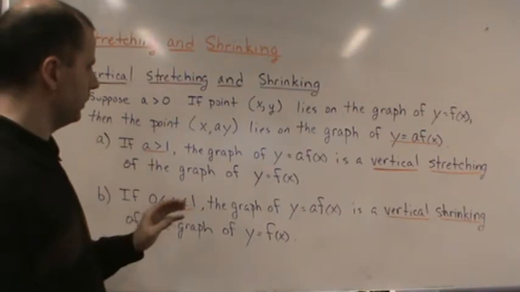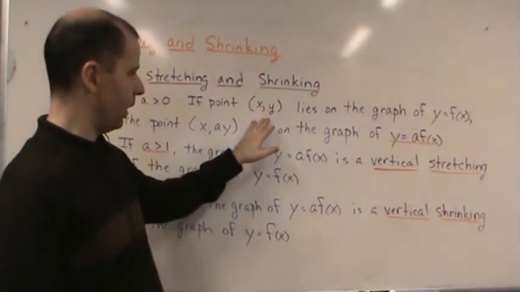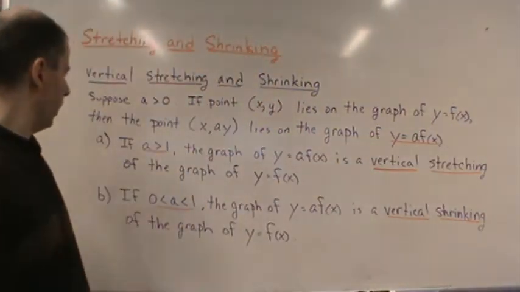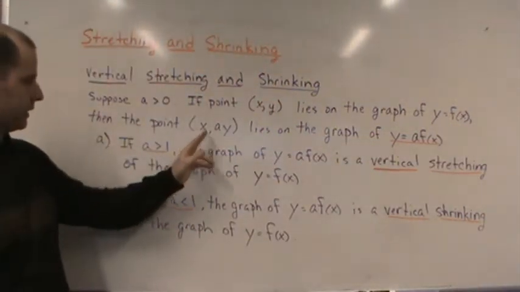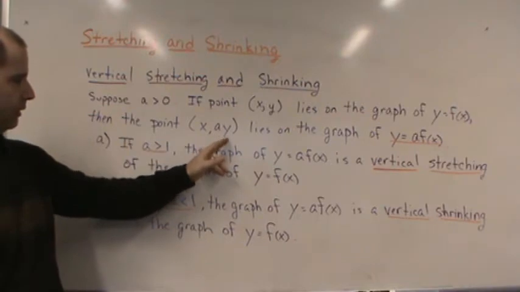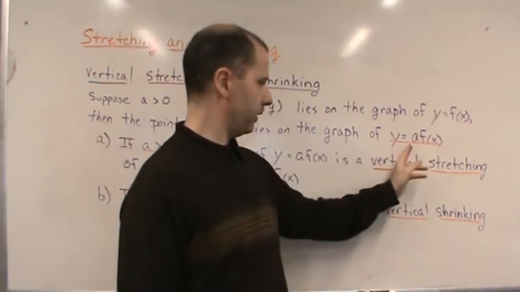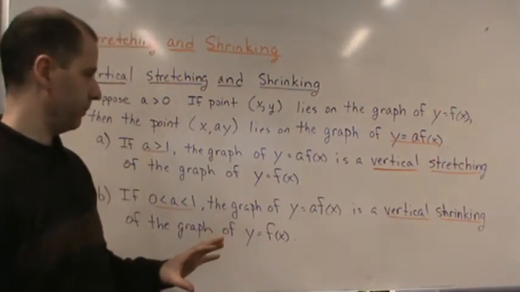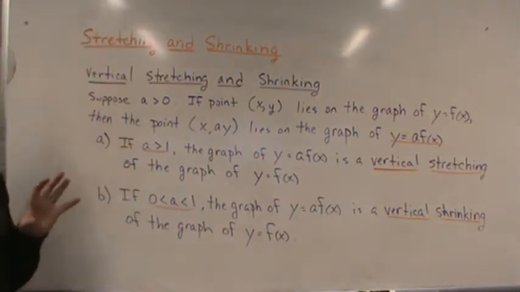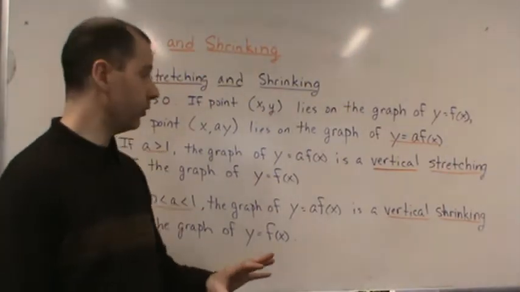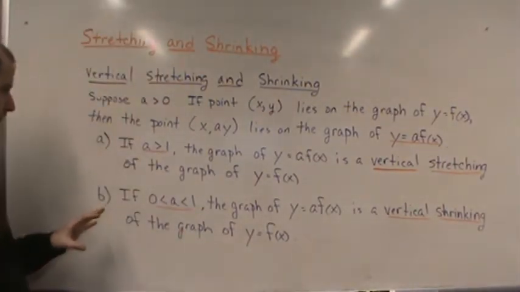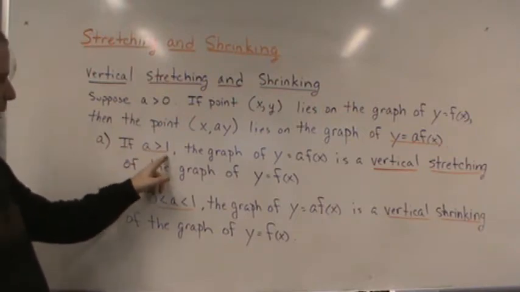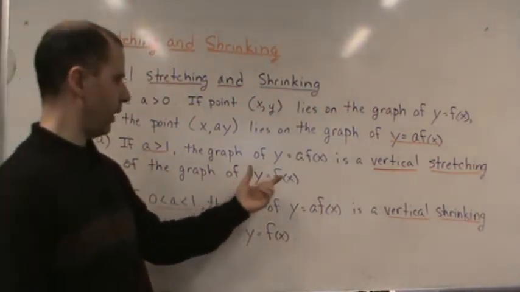Okay, we're saying if a point (x, y) lies on the graph of f of x, then the point (x, a times y) lies on the graph of a times f of x. Okay, so that's what we're saying. So that's true. Okay, so now given that that's true, if a is greater than 1, then the graph of